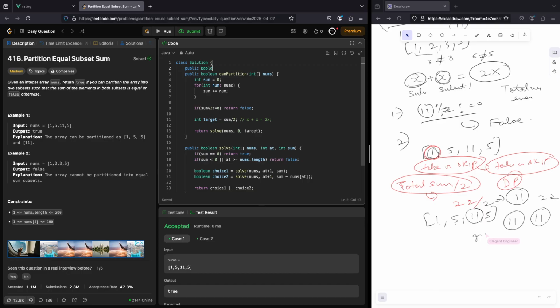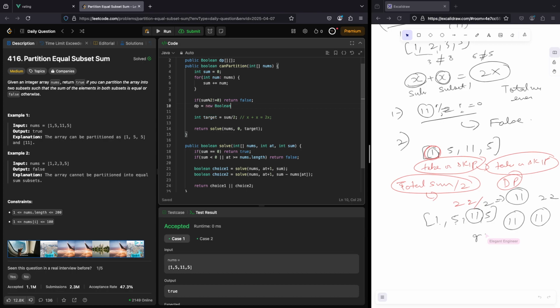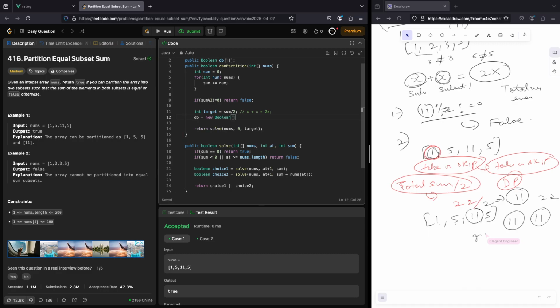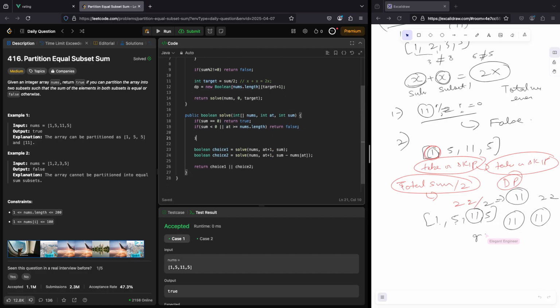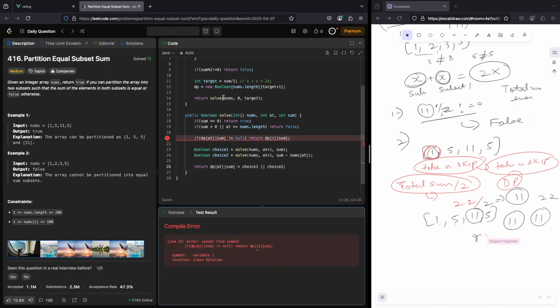Like boolean dot length, whatever is it, then deep. Okay. Yeah,